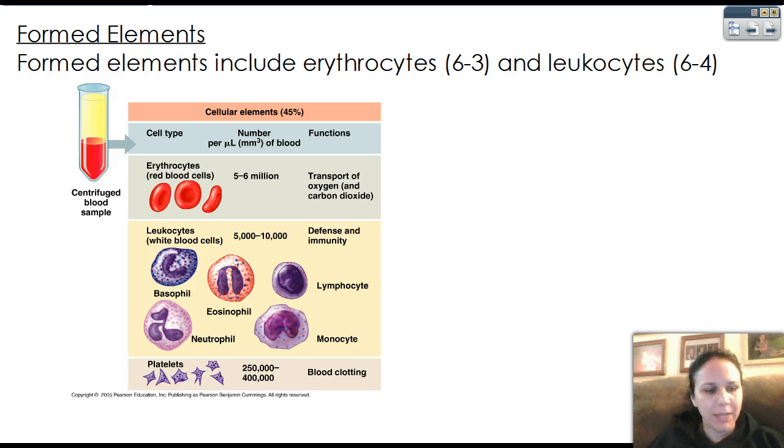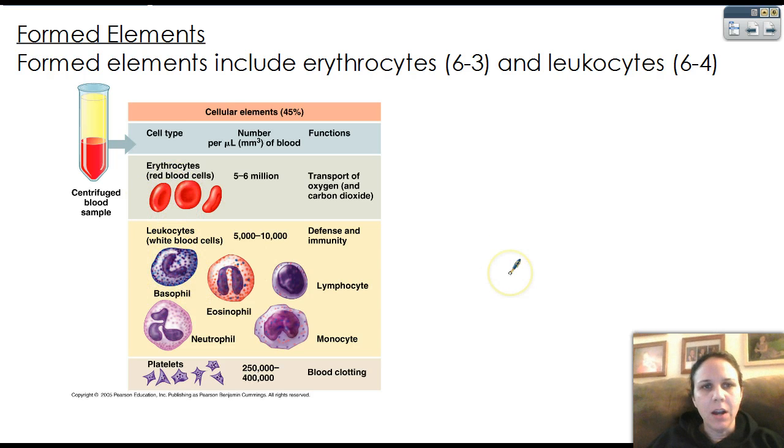Formed elements. So we already talked about plasma as being the non-living portion of your blood, so now we're going to talk about the living portion. The formed elements have two main types of blood cell: erythrocytes, otherwise known as red blood cells, and leukocytes, otherwise known as white blood cells. Now we do have these little things called platelets, which are like cell fragments, so they're kind of considered live-ish. They're called formed elements because they come from living cells,